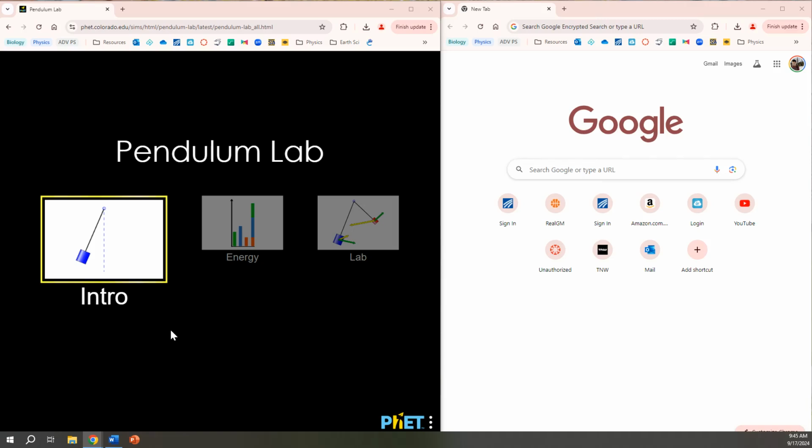All right, welcome everyone. For this lab, you should have been going through the different steps of reading what we're doing with the pendulum, what our independent and dependent variables are, and creating your hypothesis. Essentially, we're just going to have a pendulum